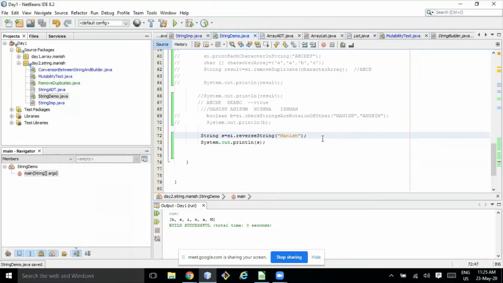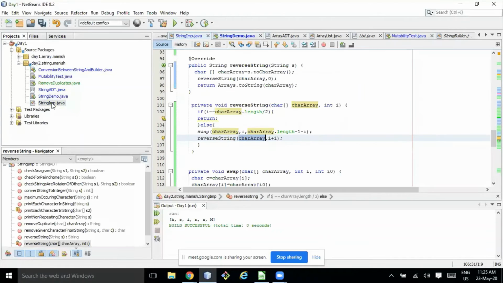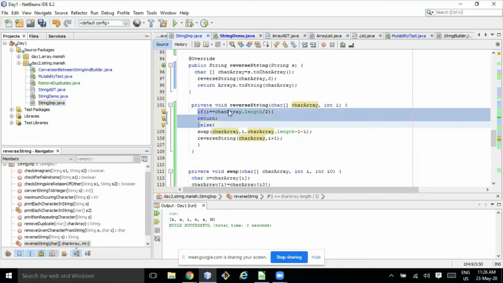Come again, Manish, I did not get this. How did you approach this? Who is this? Umesh here. So the implementation part? I'm just using recursion instead of using a for loop. Yeah, I got that. I thought you can do it O of n, but using recursion as well. But how are you coming down to n by 2? Because I'm not going till the end. I am going till the half of the array. So my terminating point is char array dot length by 2.